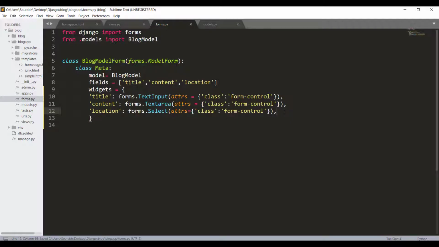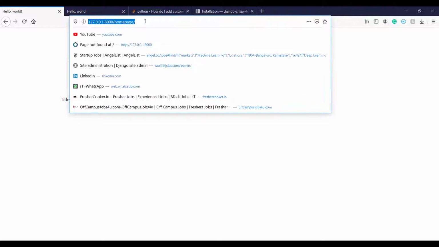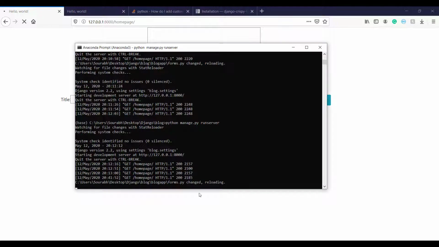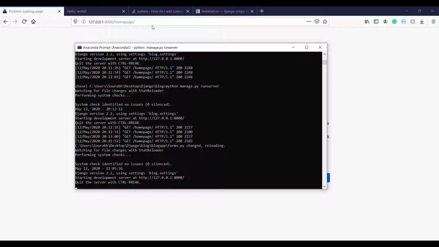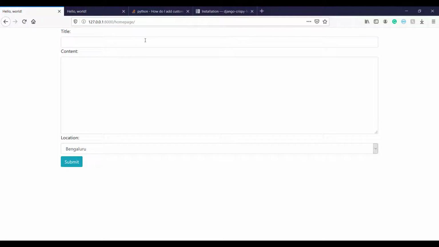I'm saving it and just reloading our HTML form. Let me check if my server is running. Yeah, so this is how we converted our normal Django form into a Bootstrap form.